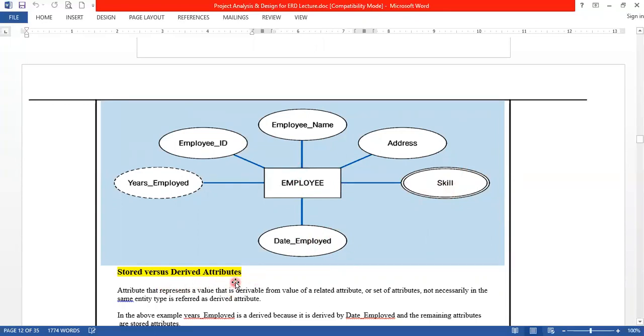Now stored attribute कौन से होते हैं और derived attributes कौन से होते हैं? Right now we have to discuss an attribute that represents a value that is derivable from the value of a related attribute or set of attributes, not necessarily of the same entity, referred to as a derived attribute. एक एट्रीब्यूट जो ड्राइव कर रहा होता है रिलेटेड एट्रीब्यूट से, तो उसको हम कहते हैं डिराइव्ड एट्रीब्यूट. In the above example, just like year employed, we can say